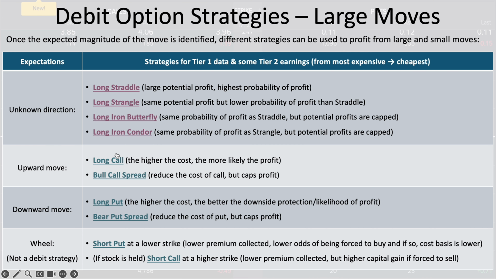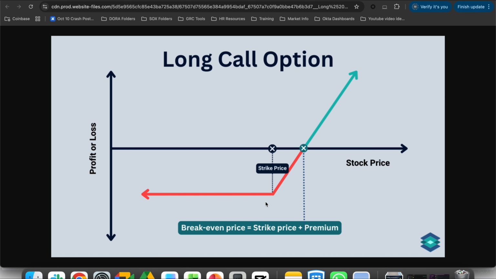Now, if you expect that the large move will happen to the upside, the most expensive one and the simplest one is basically a long call. All right, you usually tend to use the out of the money call option. So this is the way it works. If it happens, you can profit